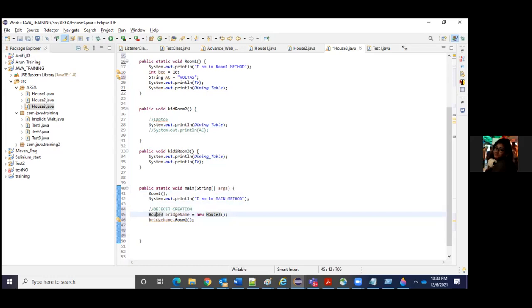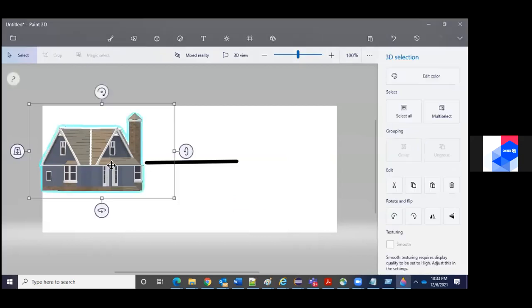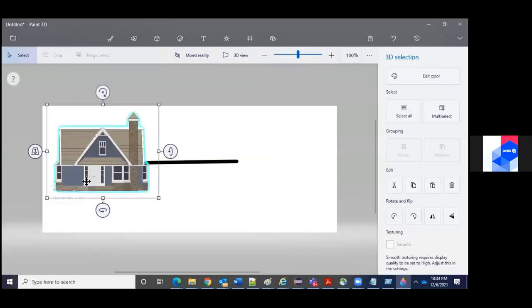Whenever you declare a method or a variable as static, that means you can access it directly through the door, I mean, directly with the house name itself. So you need not create a bridge at all. For example, you know this house, right? Inside the house, you have a TV and an AC, and you have a dining table.